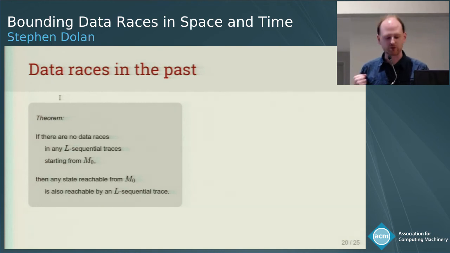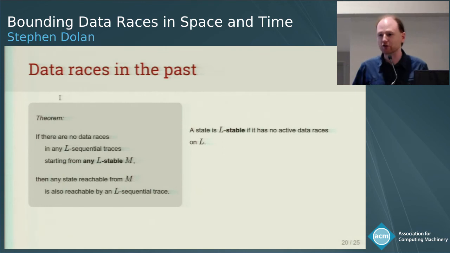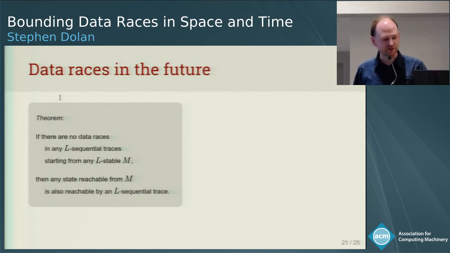Next, we want to be able to talk about data races. We want to be robust with respect to data races in the past. So instead of starting from the initial machine state, we want to be able to start from any machine state that doesn't have an ongoing data race, so a machine state where all of the races have happened before that state begins. And finally, instead of saying, as the standard DRF theorem says, that the entire trace must have no data races,